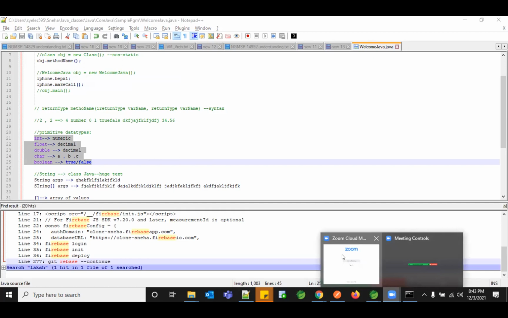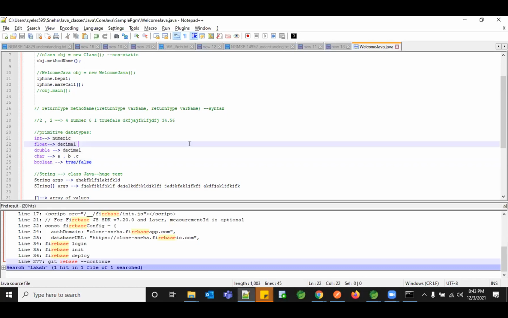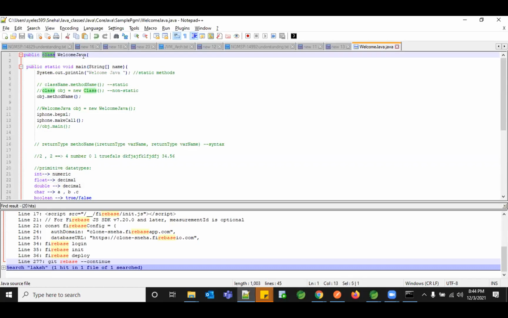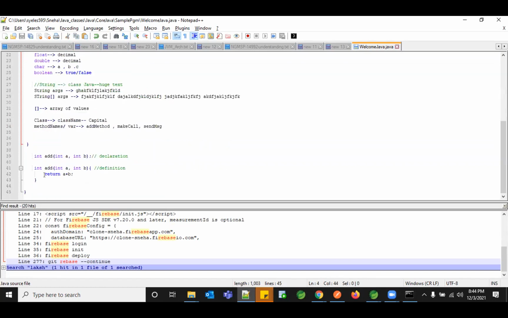We will now proceed with a small program. You just need to create a public class WelcomeJava, followed by the line public static void main. Just have a print statement, whatever you want to print, then close that method, and then close the class.